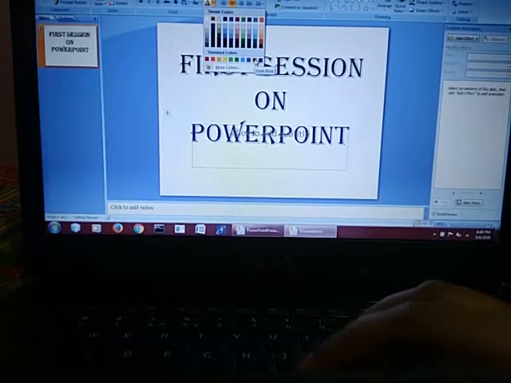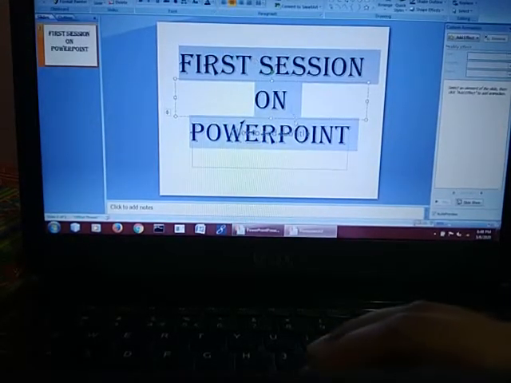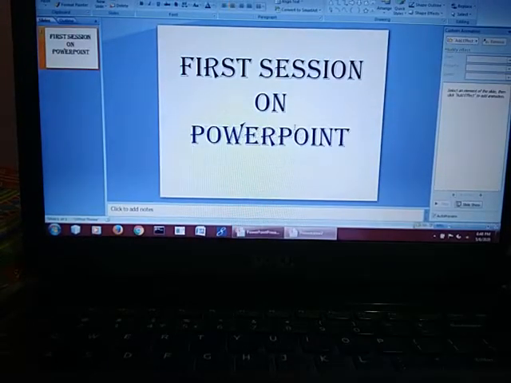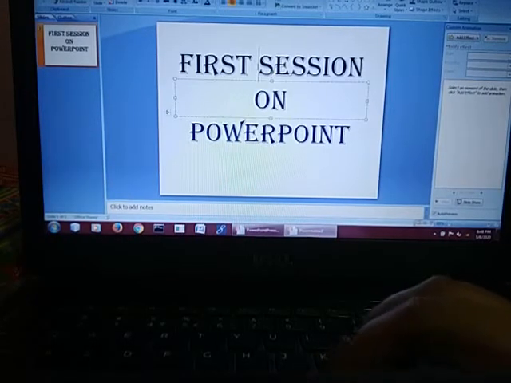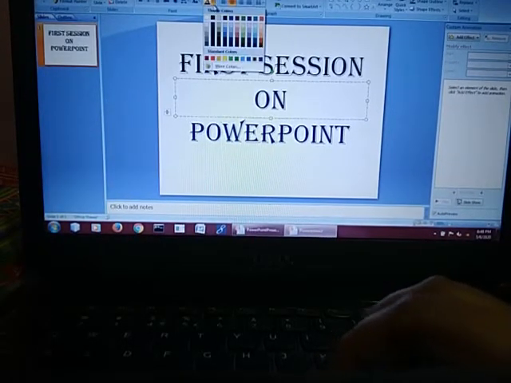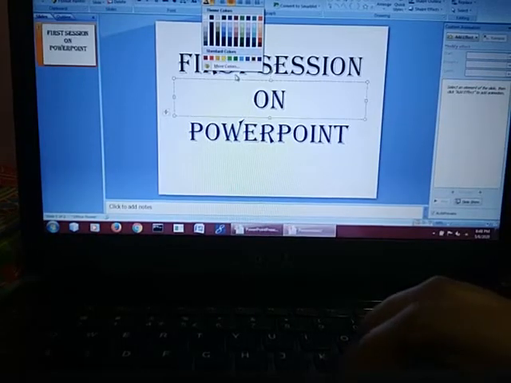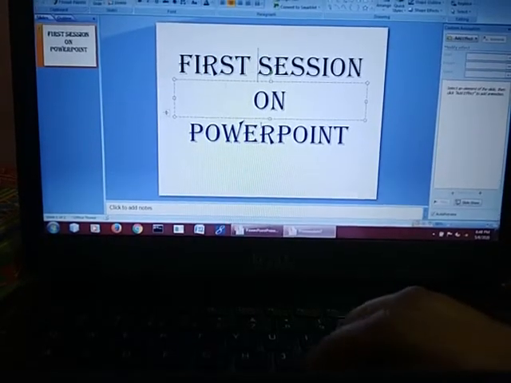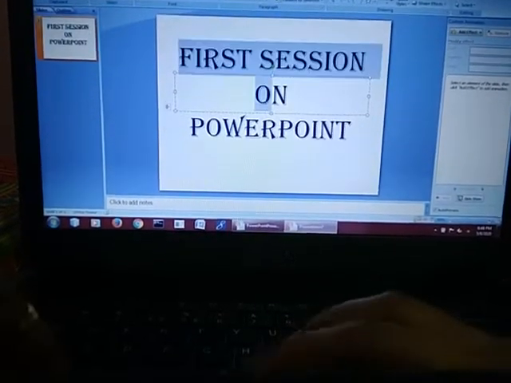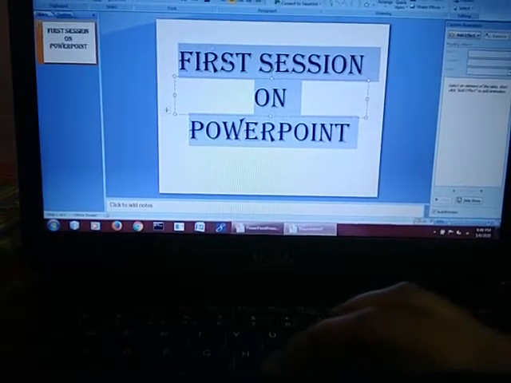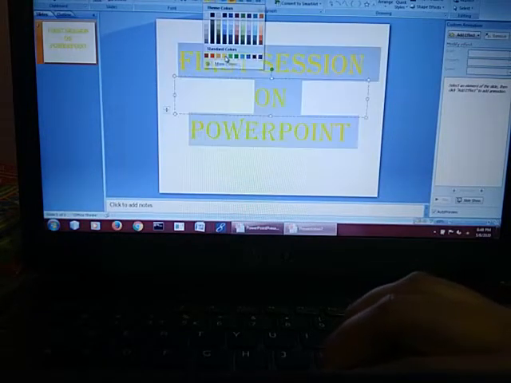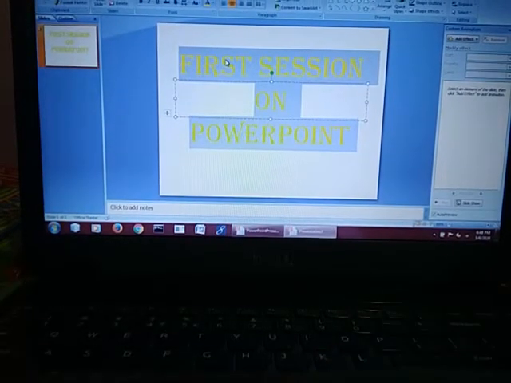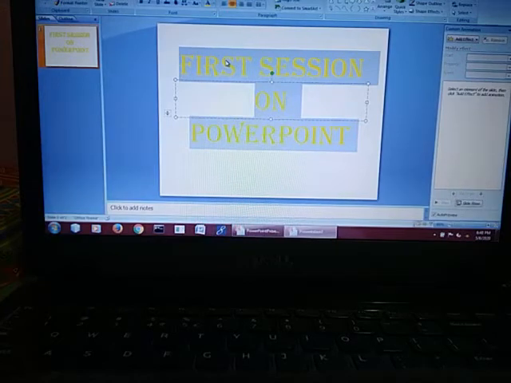So I want to change this color to blue. I have selected the font color as blue, and I am going to delete this particular box because I don't need it. So what font color have I applied right now? I have applied the font color as blue. You can also change it to different colors as per your requirement, or if someone wants yellow, you can also change it to yellow, and so on.